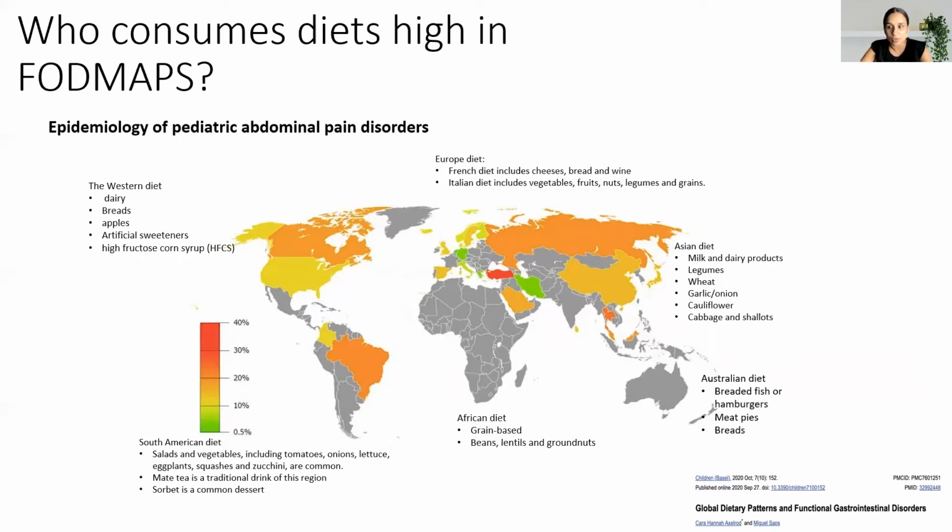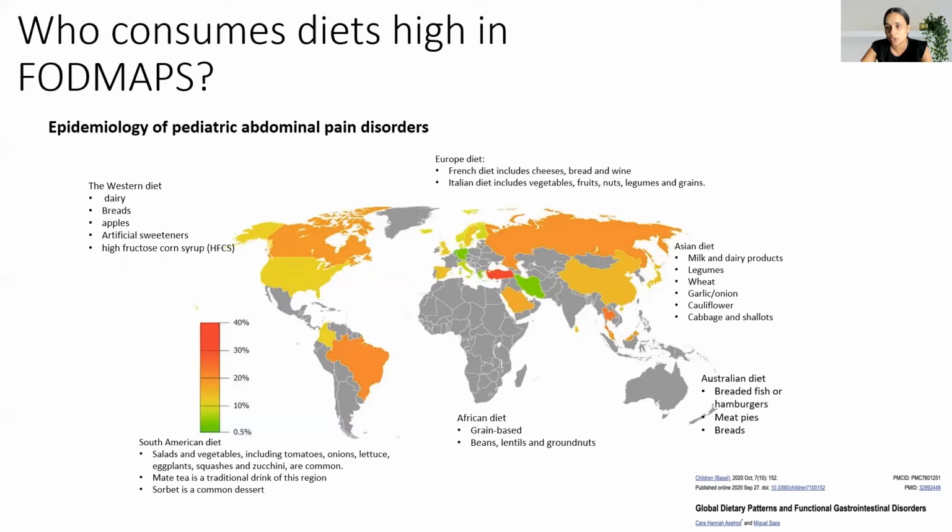Various other diets around the world contain many high FODMAP foods. There are no good studies comparing the consumption of FODMAPs by region to the higher prevalence of functional gastrointestinal disorders in these regions. And as shown in the data on the map, the epidemiology of pediatric abdominal pain disorders is scarce in some areas. Overall, the consensus view suggests that the westernization of diets is linked to the development of